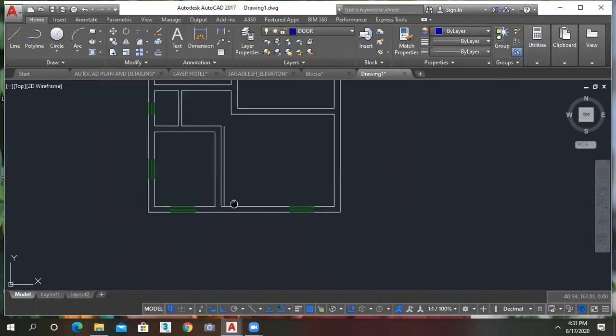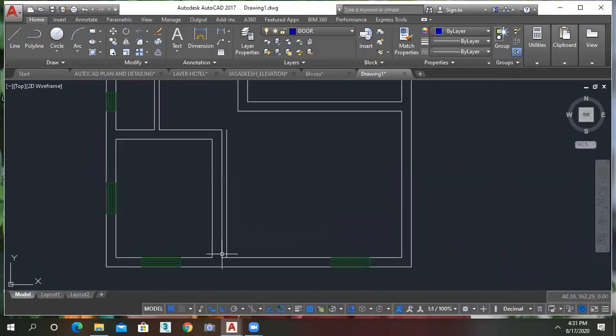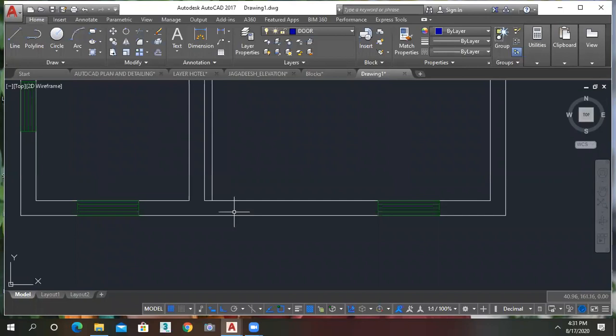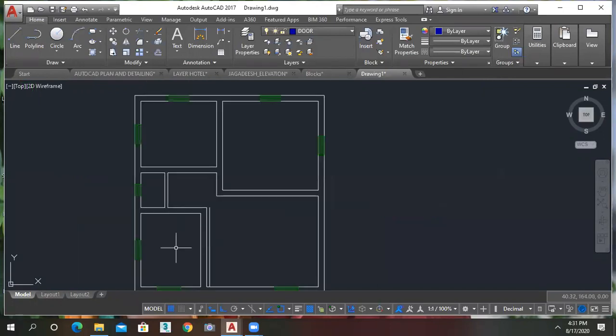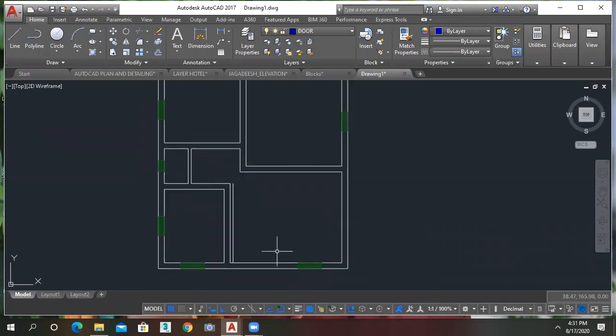0.15. Okay, 0.15. So what is the size of the main door? Anybody know? We call the entry door D. And for sub doors, for example bedroom, kitchen and dining, we call it D1, and for toilet we call it D2.